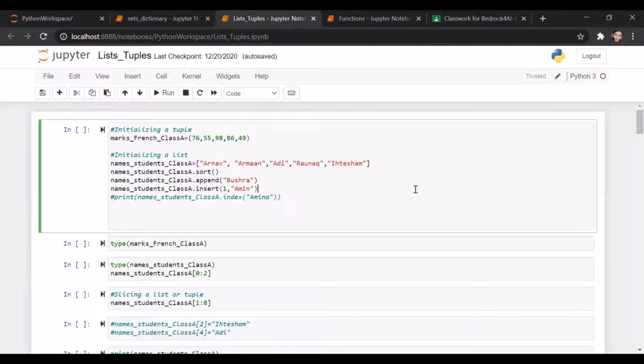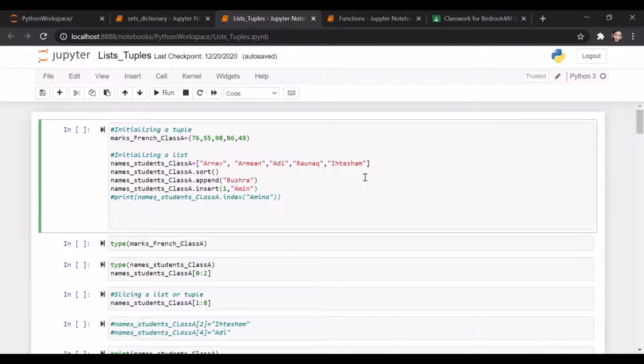Instead of using list and tuples for this case, if we had used a dictionary, we could have stored this in a key-value pair, where the key would be the student name and the value would be the marks. So if now I wanted to read the marks of a specific student, say Etisham, all I would do is read this key, and read the value associated with this key from the dictionary. So it becomes a one-line code. I wouldn't need a loop at all.